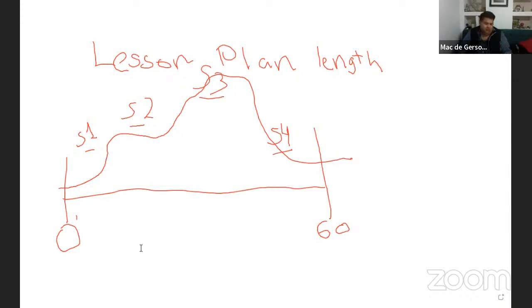En otros libros, como en el de Oxford, le llaman low challenge stage, medium challenge stage, and high challenge stage, and then low challenge stage. ¿Sale? Why? When our students are challenged,